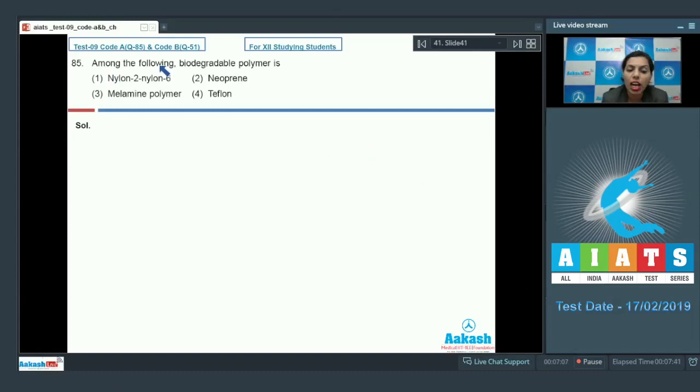Question number 85. Among the following biodegradable polymer is? A simple question from the polymers chapter, and you should know that biodegradable polymer is nylon 2, nylon 6. That's given here in option 1, and for this question option 1 is the correct option. After that,